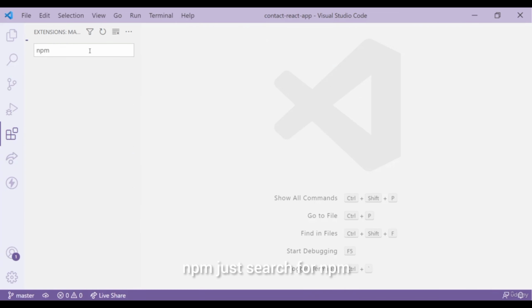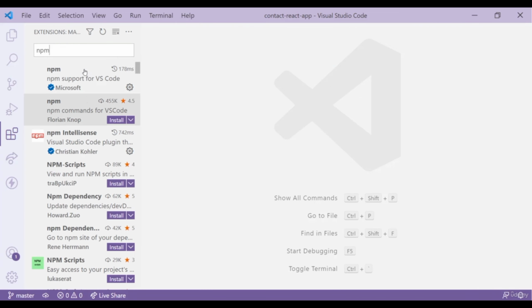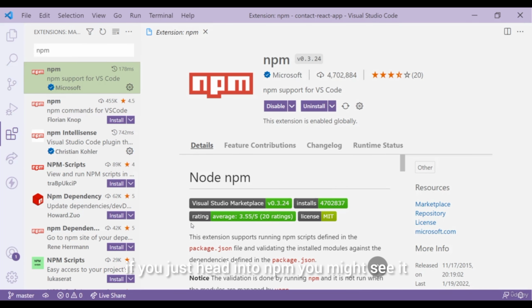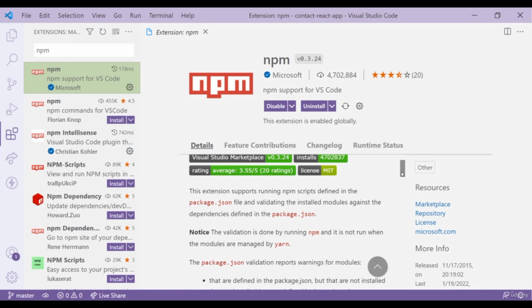Now after this, also install this npm. Just search for npm and install the verified versions of npm, that are namely your npm, that support your npm packages as well as your npm IntelliSense. So if you just head into npm, you might see it says it all. It says that this extension supports running npm scripts such as npm start and npm run build, defining the package.json